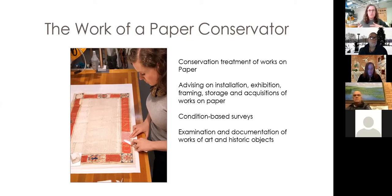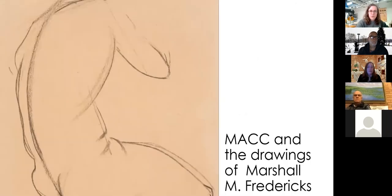A lot of the work of a conservator is undoing historic restorations, including things as simple as taking off a piece of tape, because that's a restoration, right? But our work is really making sure that we're doing everything as conscientiously as we can and writing everything down. Documentation is very important and is also part of our coursework in graduate school, an entire class for 2 years devoted to documentation. So with that, I can start talking a bit about MACC and our work with the drawings of the Marshall